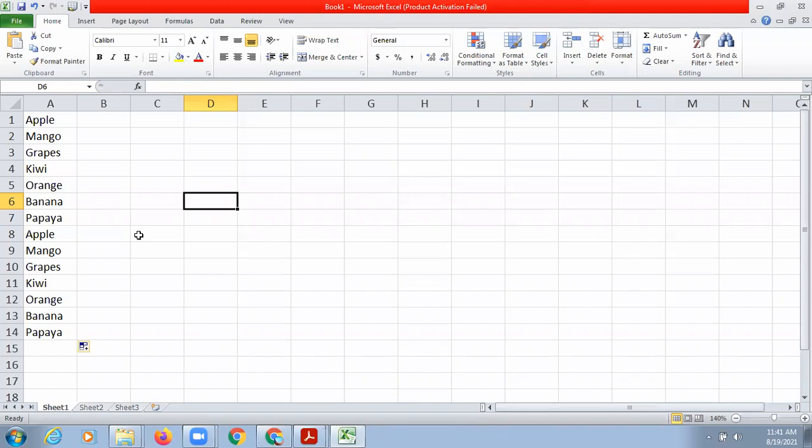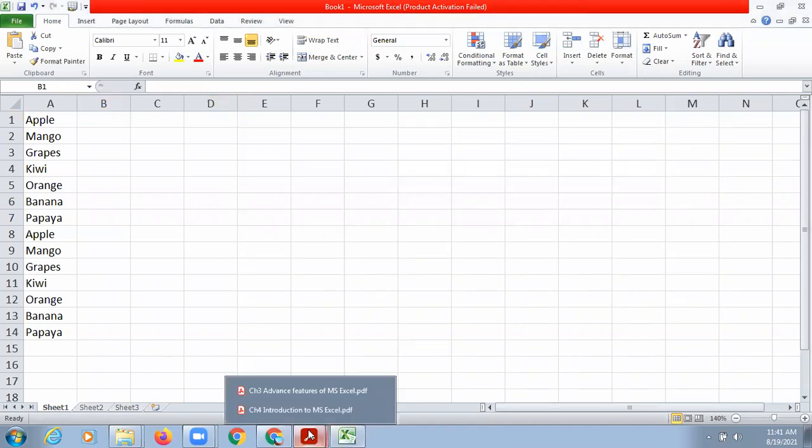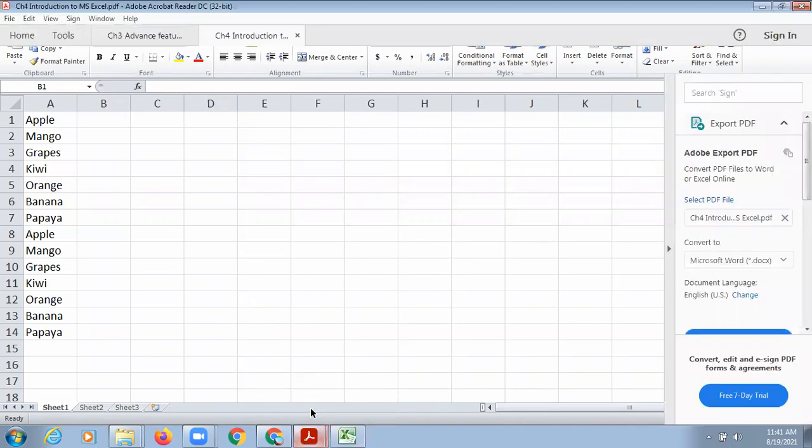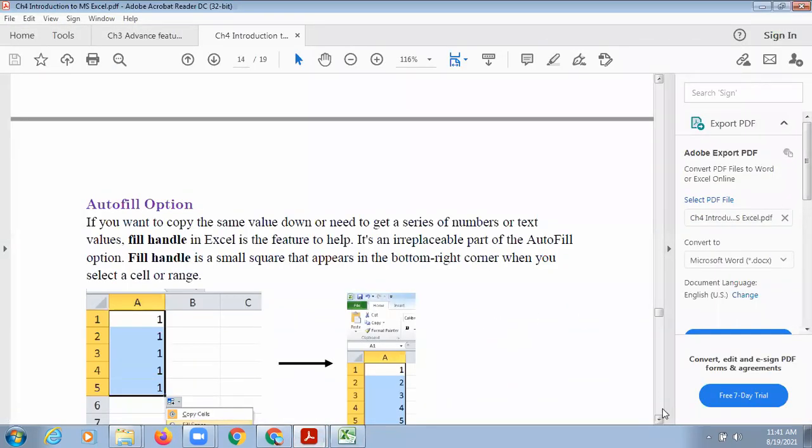Next time you need not to type the names of all the students. You just need to open a new Excel file and start writing with the first name, and you can simply drag it. It will show you the rest of the students also. This type of list is called customized list, which you have created yourself according to your requirement.